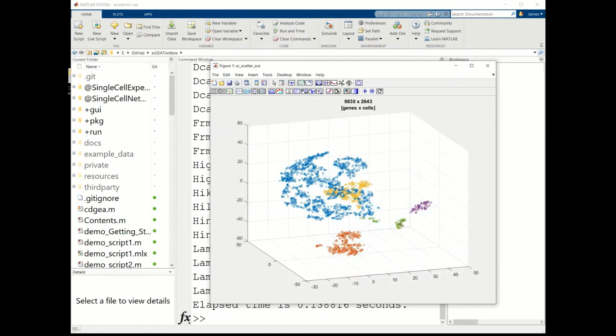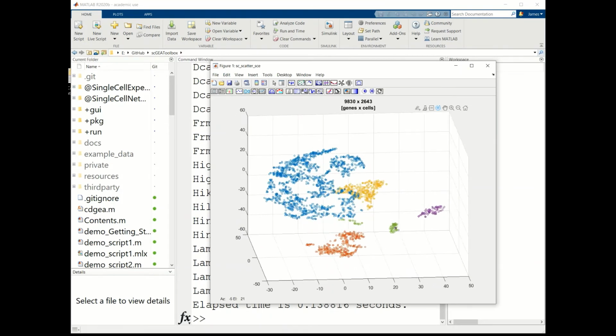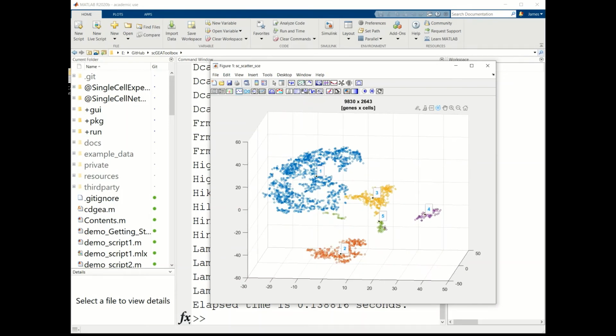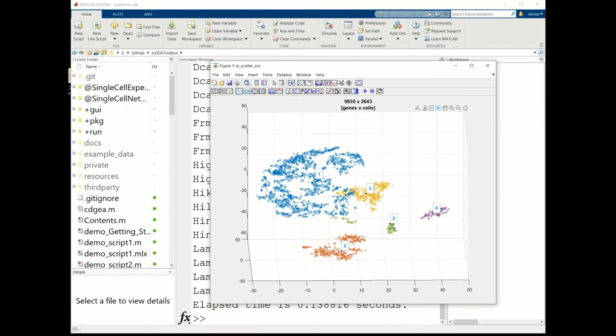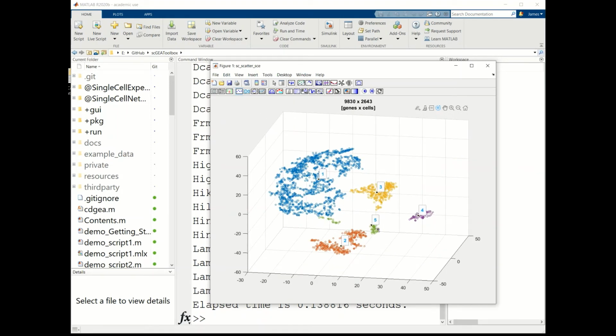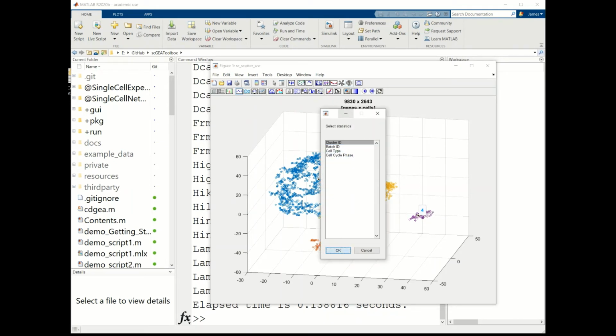Now the next question is, we are going to compare networks constructed from different cell populations. In this example, I have 5 different groups of cells, and blue means group 1, and group 2, and yellow is cell group 3. I'm going to compare gene regulatory networks constructed from cells in population 1 against 3. In that case, I have to press this button, and then I will select based on the class ID. I will compare class 1 against 3,